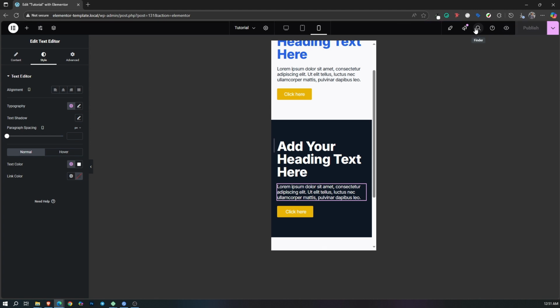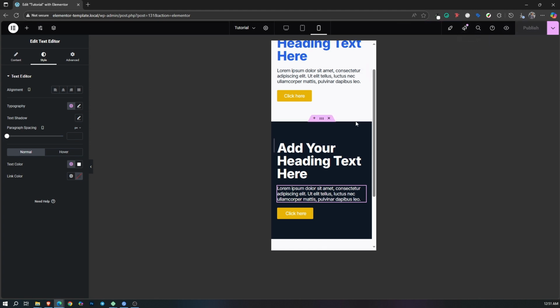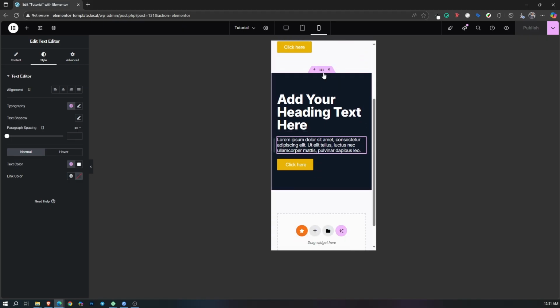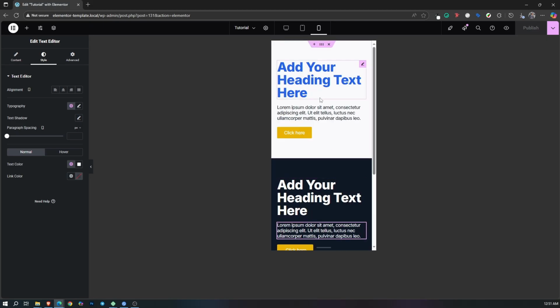Let's now say later in the future, your brand color has changed, and this purple, let's imagine that I said purple, this is blue. Let's imagine that you've created your whole website. The primary color for the whole of your website is this blue color, and then the dark background is this color that we have here for your whole website. And let's say you have like 10 pages that you've designed with this same color. How do you change them? What you need to do is to just come back to your site settings,